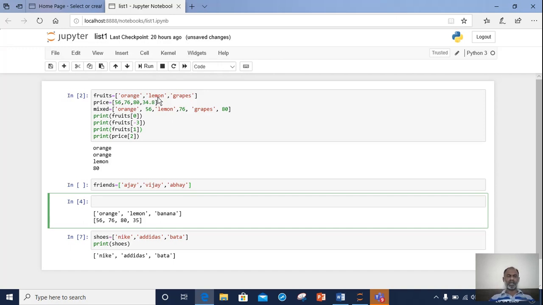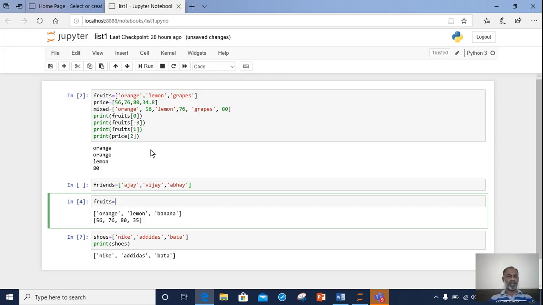So what am I changing? I am changing according to the index number, referring to the index number. So what is the index number? Index number is 0, 1. What is the name of the object? Fruits. So I write fruits[1] equals, not fruits equals, here. Why?